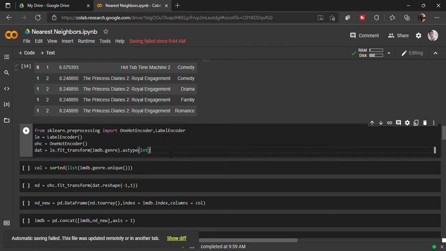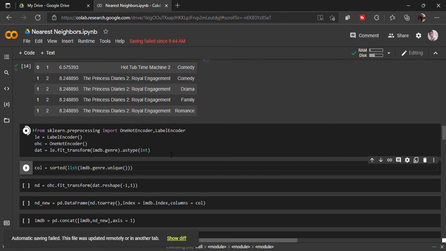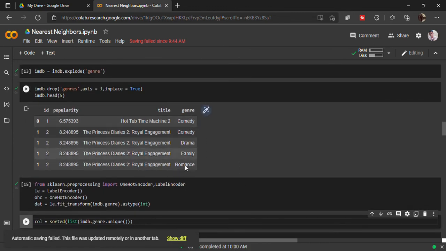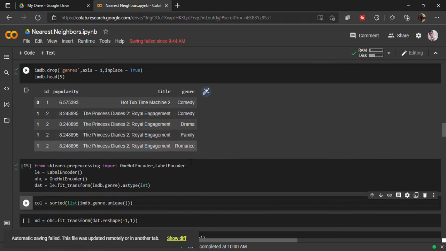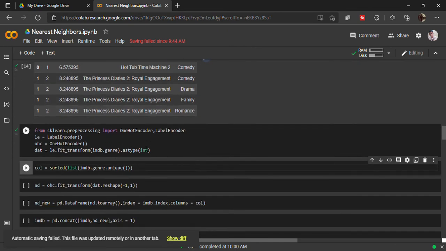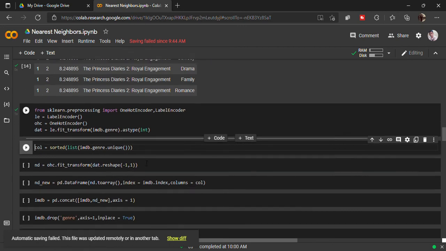So it is going to label encode the genre column here, and it is going to encode it as an integer value.